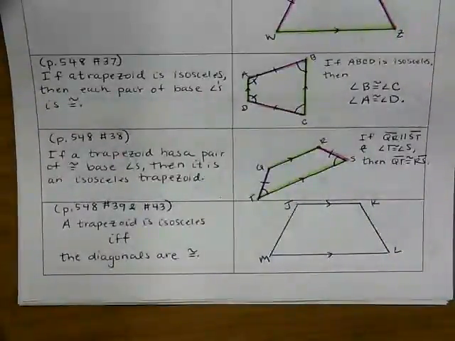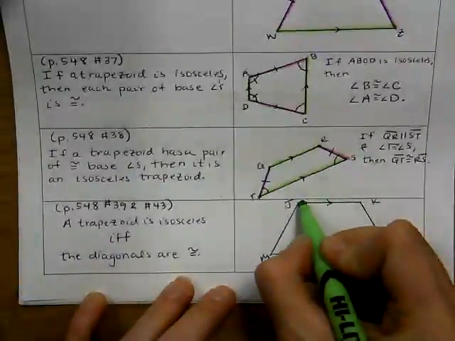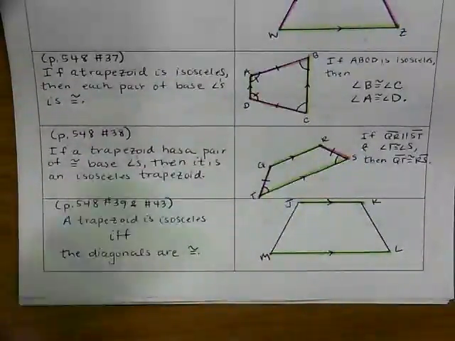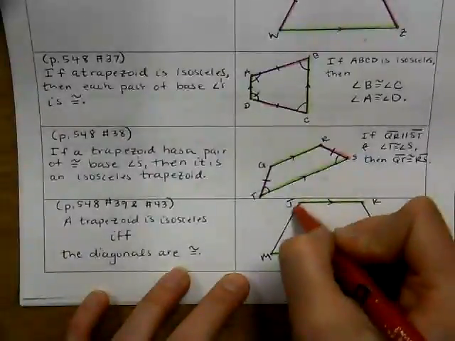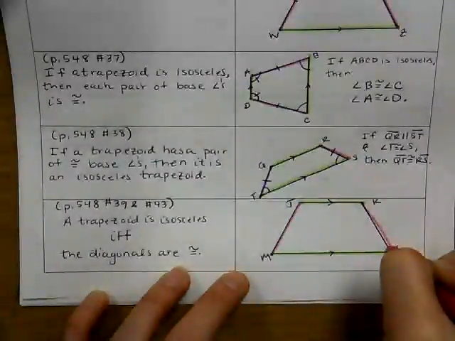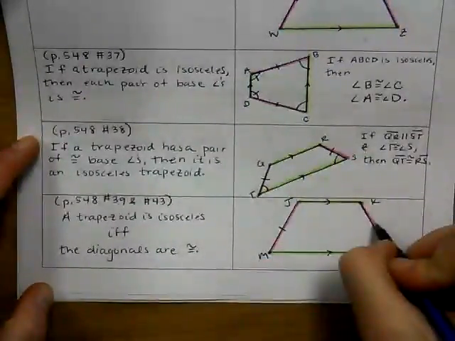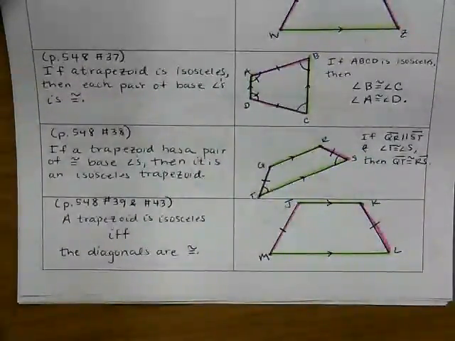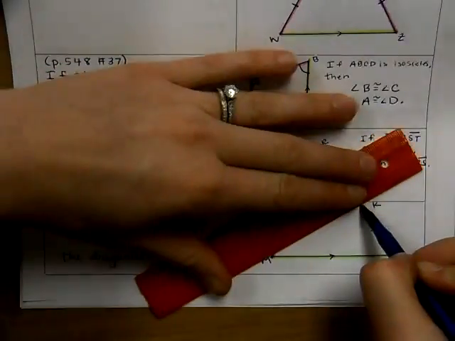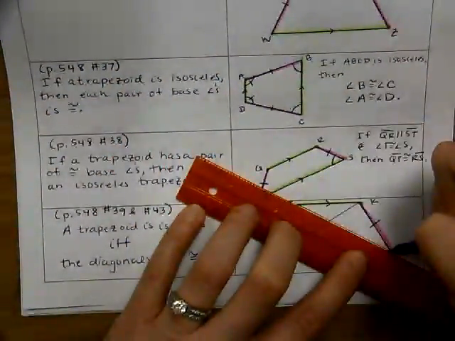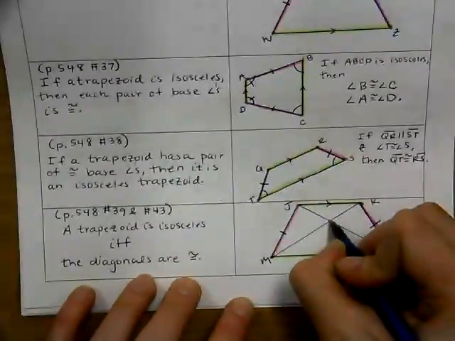You're given that because we know it's a trapezoid. Here are your legs. And with isosceles, we know the legs are congruent, so we're going to mark these guys congruent. And we're talking about the diagonals, so let's go ahead and draw in those diagonals. If you're going to do a proof, it's going to be easier to name things, so let's just name